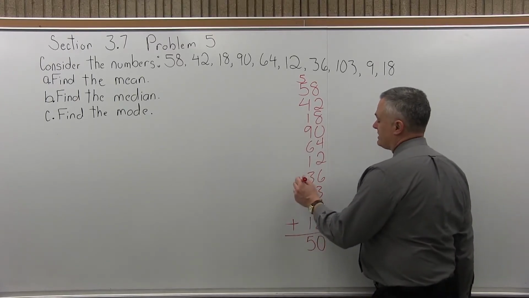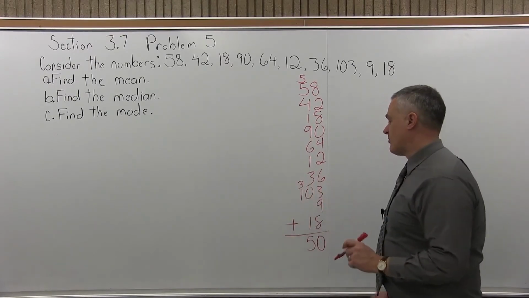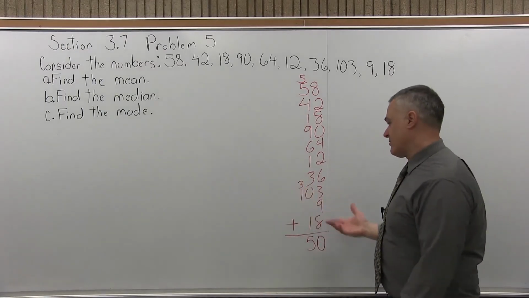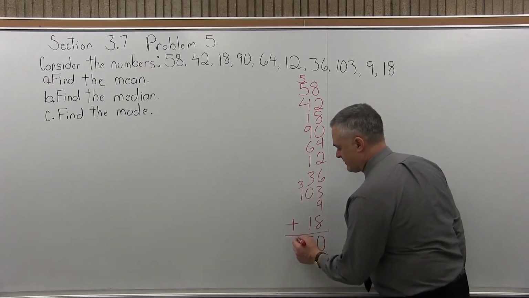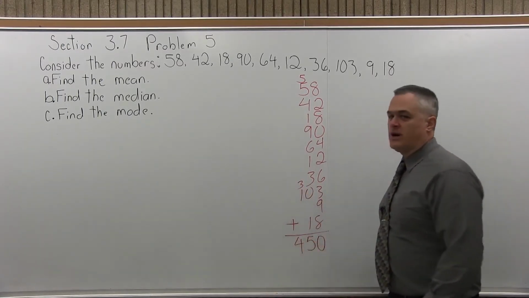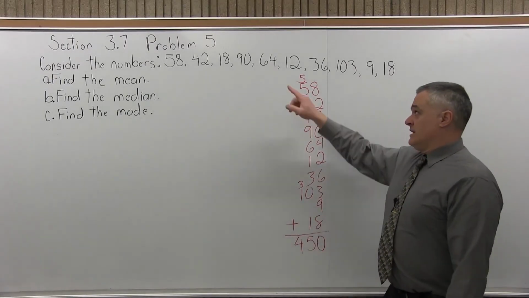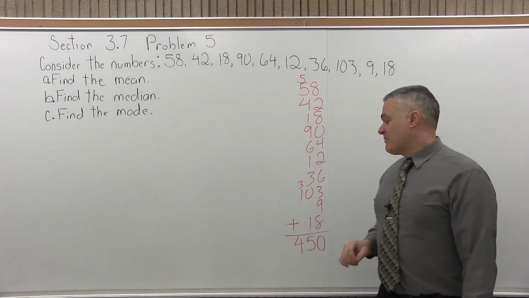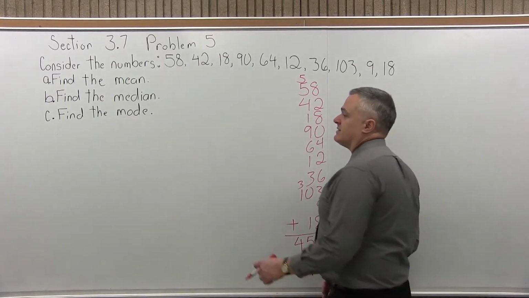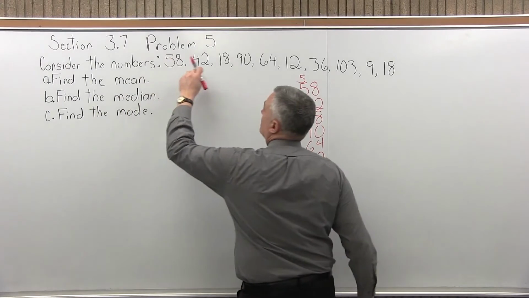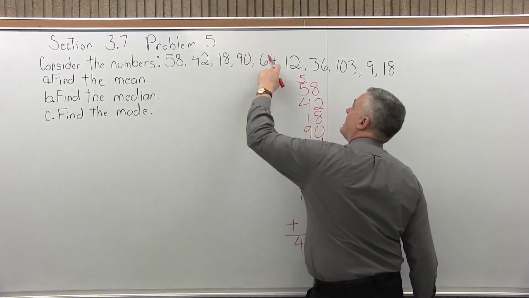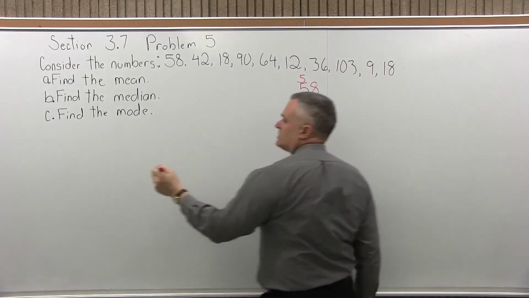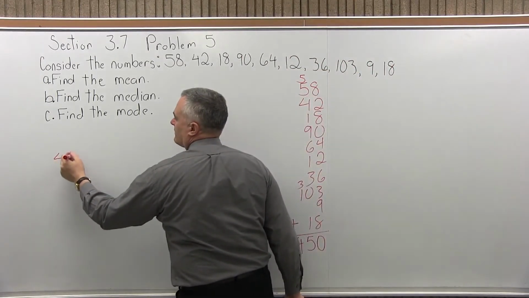There's only one digit that goes over one more column, from the 103. Put the 3 from that 35 above that, and then add 3 plus 1 more. That's easy enough. That's 4. And I have a total of 450. That's the total of my list of numbers, 450. Now I need to divide that by how many numbers are in the list. So 1, 2, 3, 4, 5, 6, 7, 8, 9, 10. So I will have 450